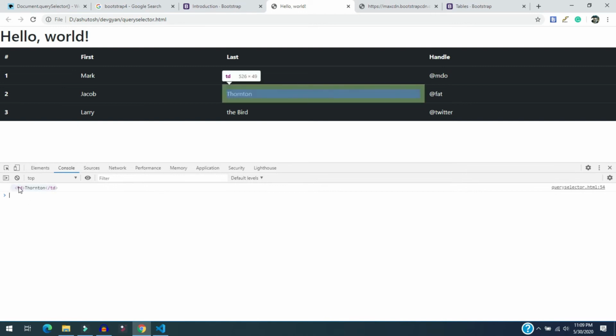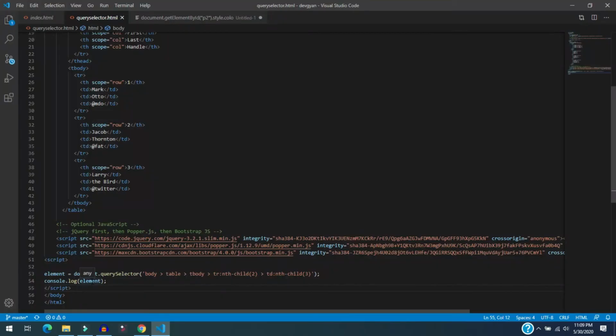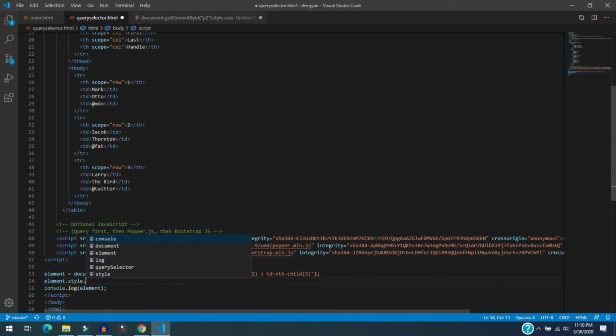Basically we got this selected query, right? Now, because the element is an object, from that object I am going to change its style. So I will write here dot style dot color is equal to red, and then save.